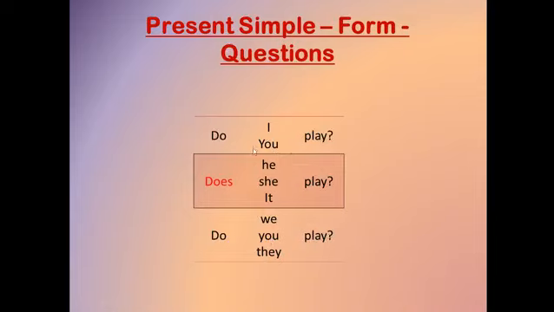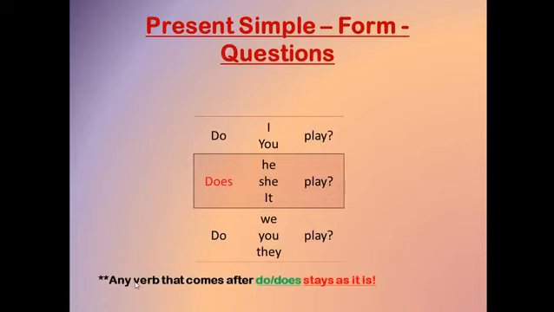Okay, so with I, you, we, you plural, and they, I add do first and then my subject and then my verb and then the question mark. But with he, she, and it, I add does in the beginning and then the subject and then the verb and then the question mark. Does he play, does she play, does it play. Okay,